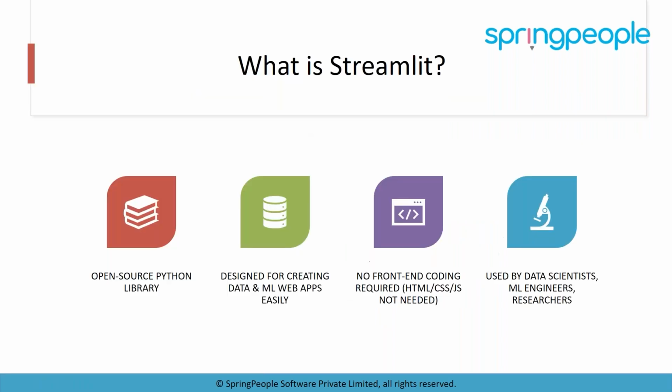It is an open source Python library designed for creating data and ML web applications very easily. As I mentioned, there is no front-end coding required, like HTML, CSS, or JS are not needed. It is also used by data scientists, ML engineers, and researchers. So everything is all about Streamlit. And the next slide is